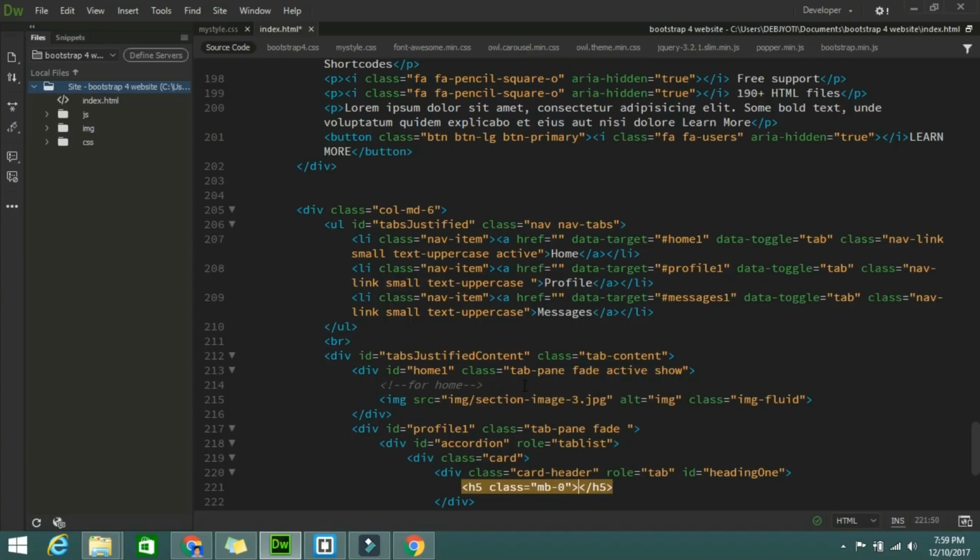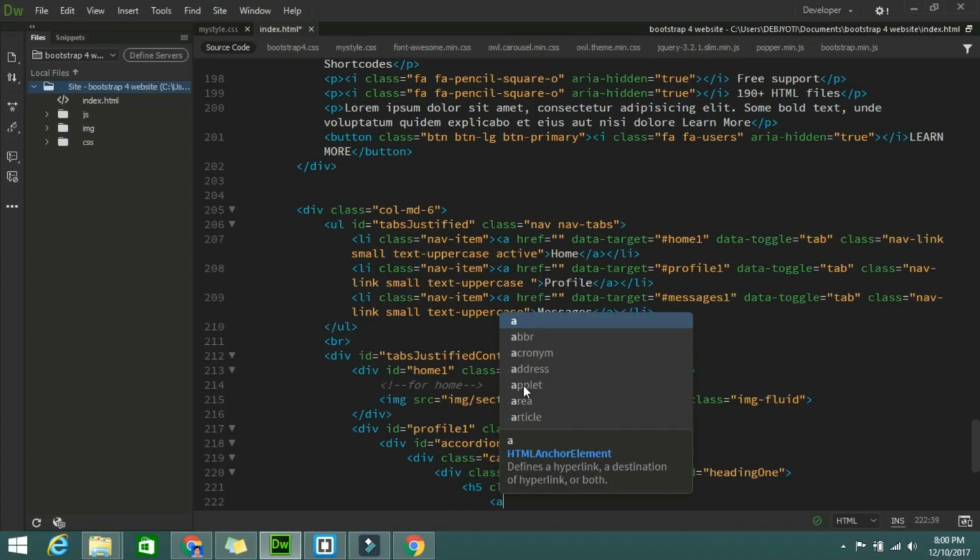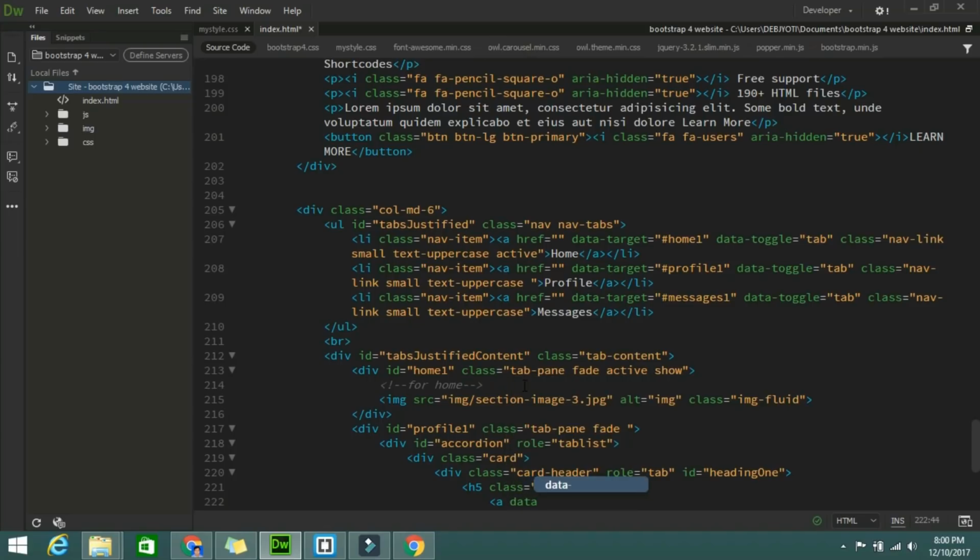Okay, so after that take the anchor tag, a data-toggle, sorry, data-toggle will be collapse. href will be collapse1. Aria-expanded,